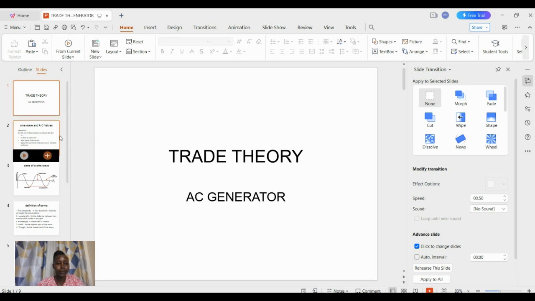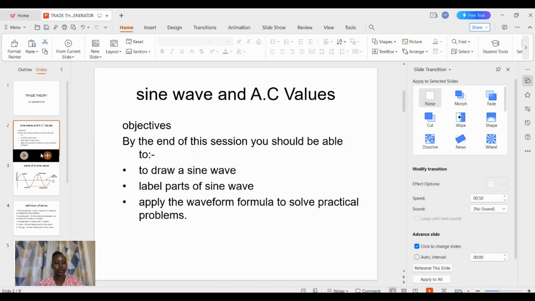Okay, good morning. I'm taking you through trade theory under the topic of SG generators, and it's just a continuation. I know we had done the previous parts earlier. So in today's session, we shall be looking at how to draw a sine wave. We are also going to learn how to label the parts of a sine wave. And the last thing that we're going to do is apply the waveform formula to solve practical